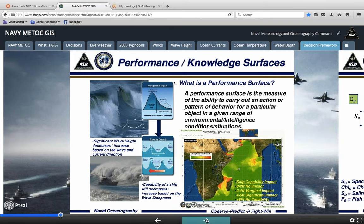In this instance, what we're looking at here on the lower right is a piracy performance surface we put together, which looks at the 9-meter, or about 29.5 feet vessel that the pirates were using to hijack ships off of the coast of Somalia. So what we were able to do is look at the wave height of the ocean and the periodicity and predict a performance of that boat in the environment moving forward. So what this was looking at is not saying that they could be there, but how would they perform if they were there? And so you could imagine some of the decisions that were able to be gleaned from this